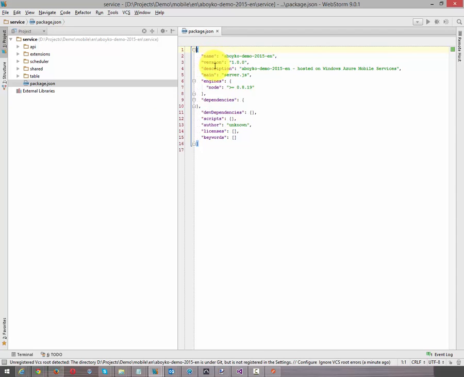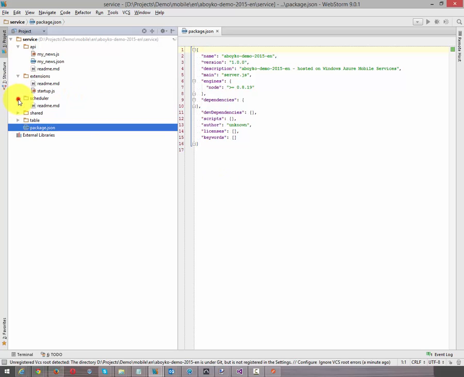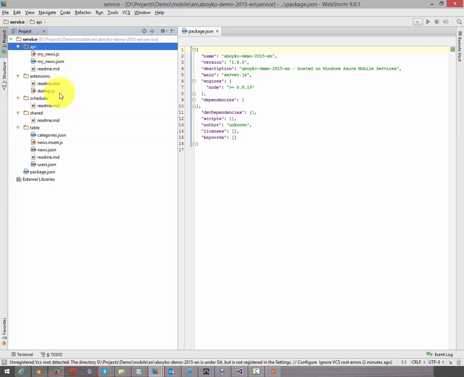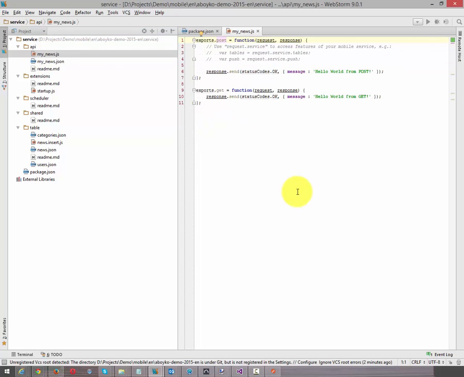It has a name, version, description, main file, engines, dependencies, and so on. Of course, I have a lot of folders here. For example, I have my API folder, and inside this folder I have two files with my news name. So my news.js, as you can see,